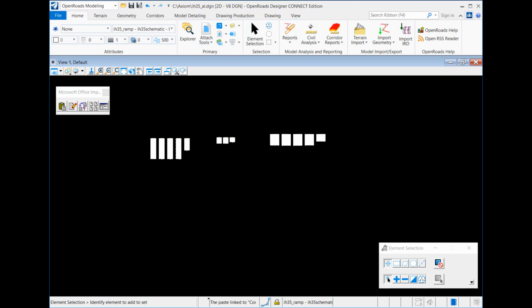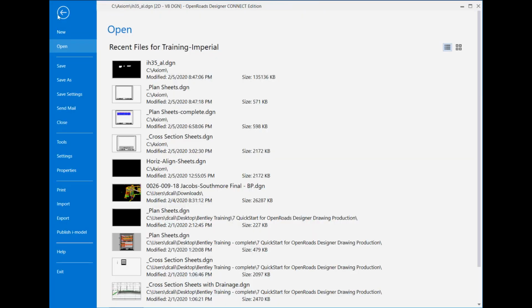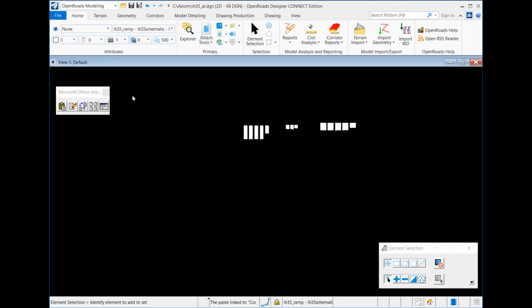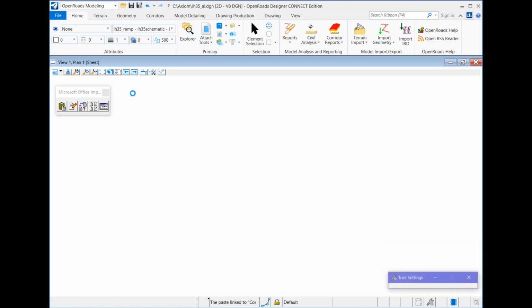Okay, so finally I know that I've got my corridor designed. I've got the horizontal and vertical profiles designed. I've got corridor reports. I'm ready to start putting this into my sheet files and using the Office Importer to gather that information from Excel and put it into the sheet files. So with the Connect Edition, they finally added the ability to create automatic plan and profile sheets and cross-section sheets. And so I've got an empty sheet file,